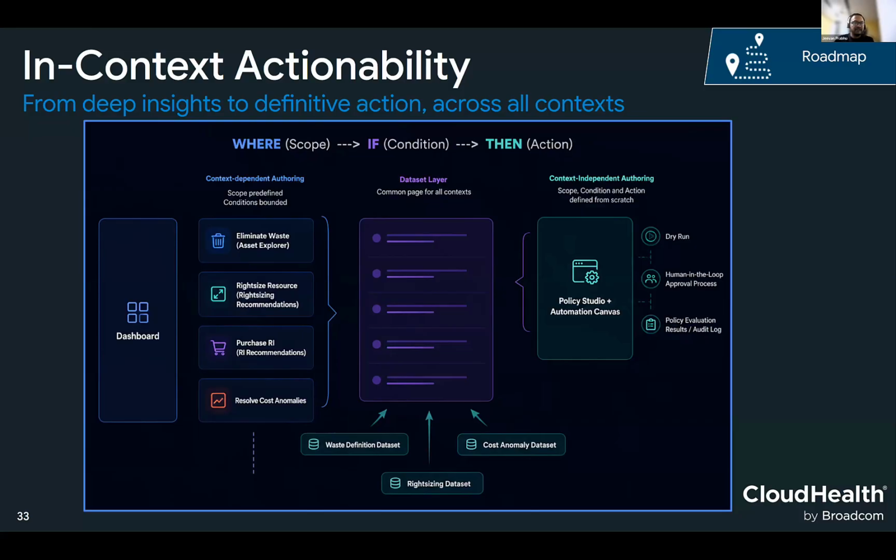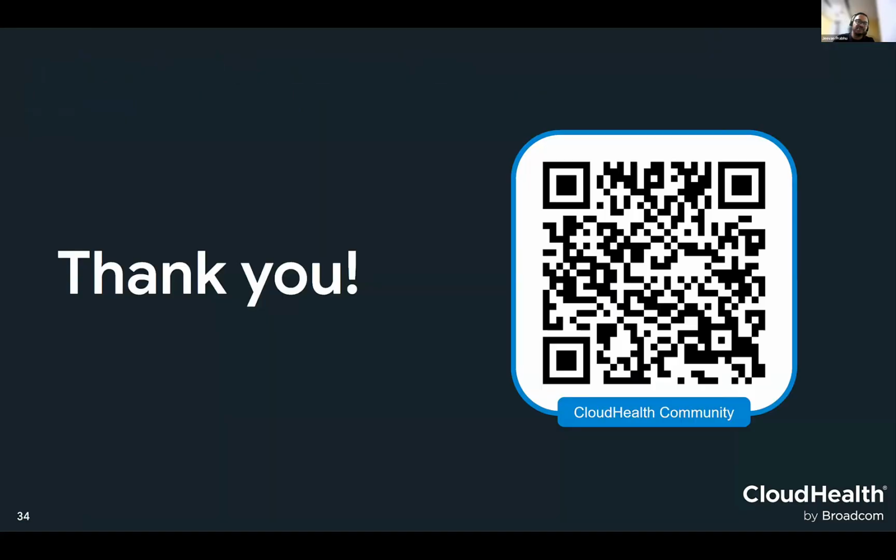And you will have a context-independent authoring framework, which is the policy and action flow you have in Classic, reimagined here with human in the loop. You'll be able to do a dry run and so on. The intent is to bring these together, both optimization opportunities, so that you will see the entire loop executed until the action is done. That's what we are moving towards, to complete the loop and not just stop at recommendations or opportunities. So that's just a sneak peek into where we are headed for the second half of this year and into the next year.